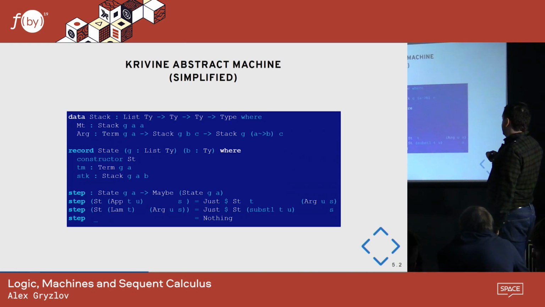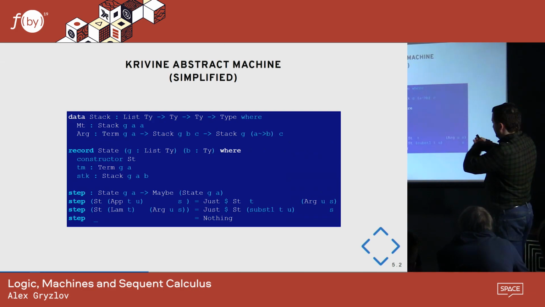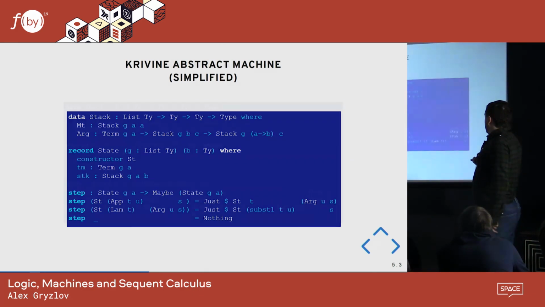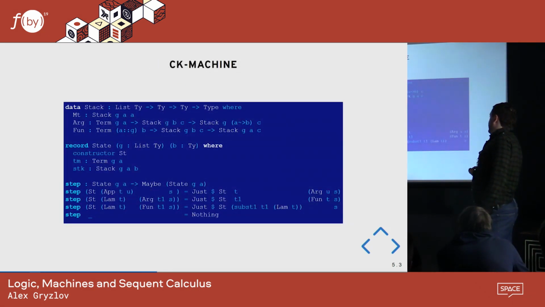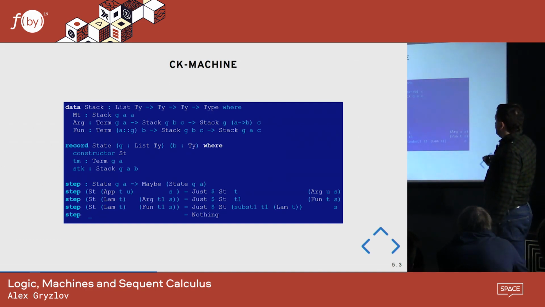So all these types make sure that we don't do anything funky, and hold this structure together. There's also a machine for call by value evaluation. It's slightly more complicated, and the only complication is that there is an additional thing in here. So stacks can hold not only arguments for further evaluation, but they can also hold a body of an evaluated function. And the idea here is that if you have an application, then you do the same.